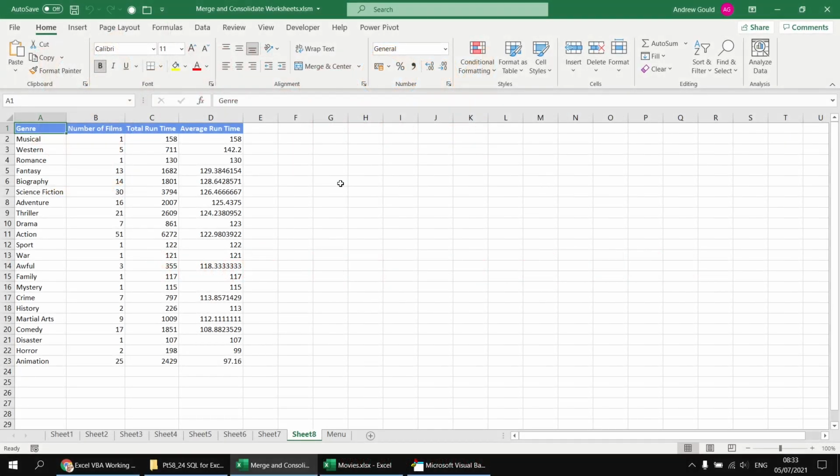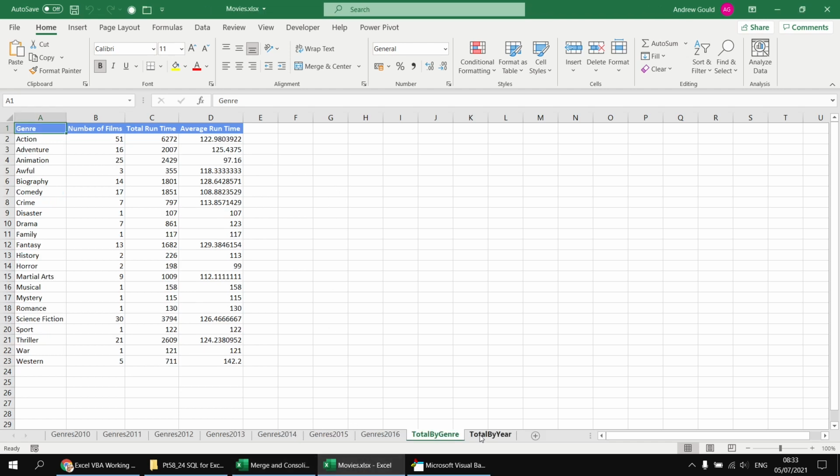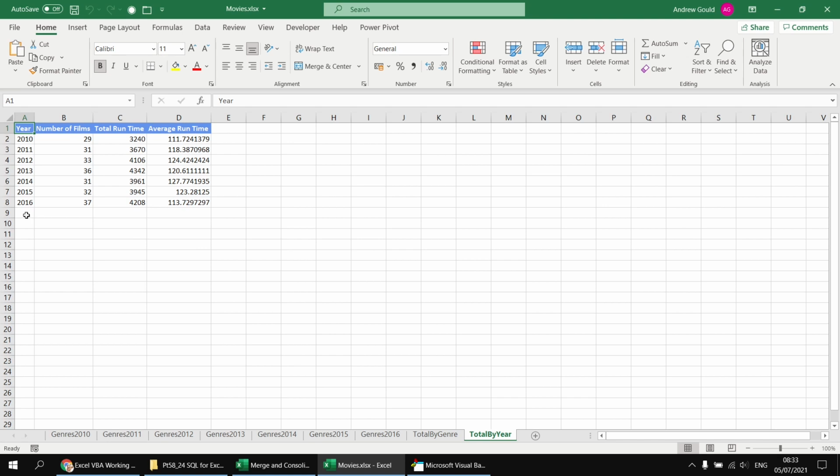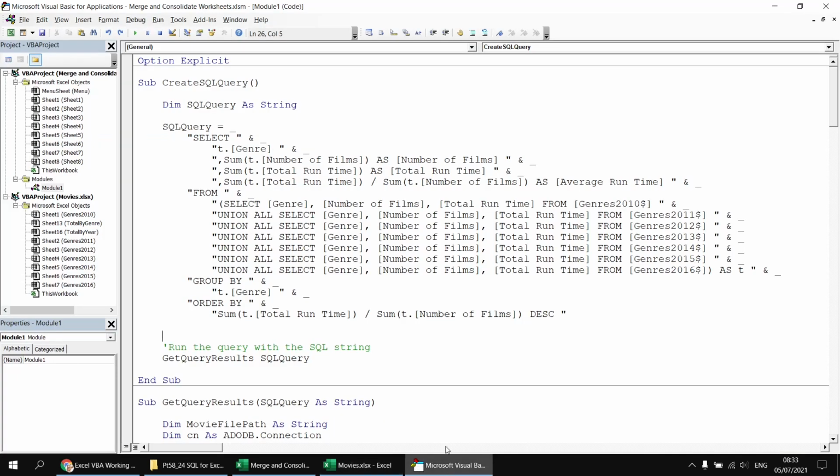If we want to group our data by the year in which the film was released, so we can produce a set of results which looks like this, we need to include in the subquery a column which contains that value for each row from the appropriate sheet, so that we can then group by that value in the end results. So to do that, let's head back to the Visual Basic Editor, and then in the first select statement